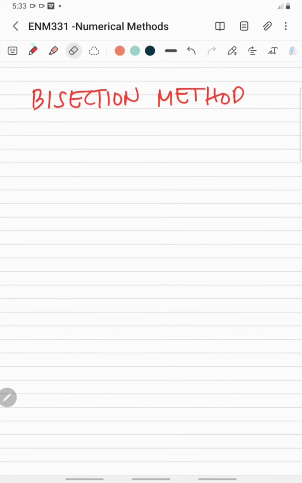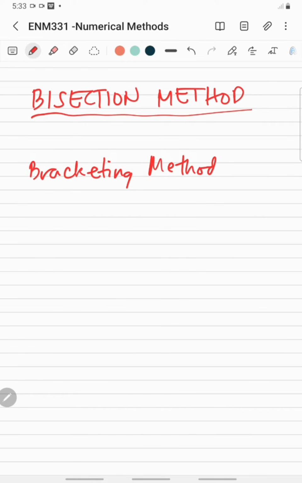This time, we will discuss the bisection method. The bisection method is another method in finding the roots of a nonlinear equation. This method falls under the category of bracketing methods. This method will make the function of x equal to 0, where the value of x lies somewhere in the